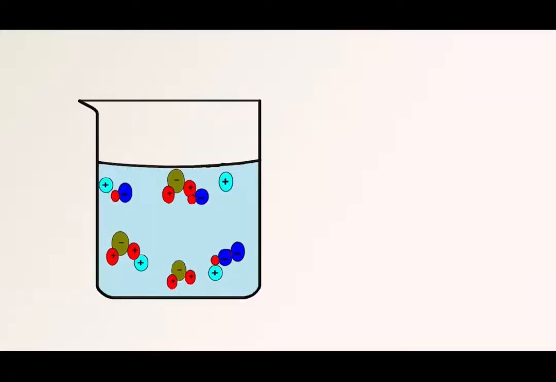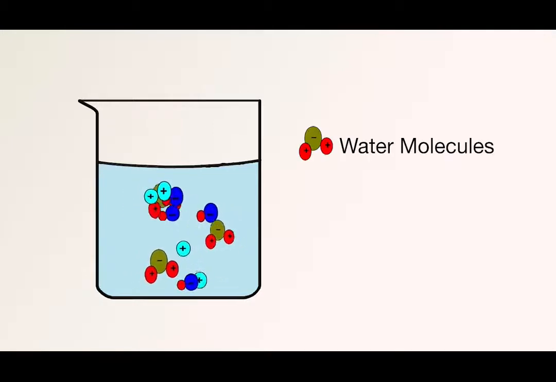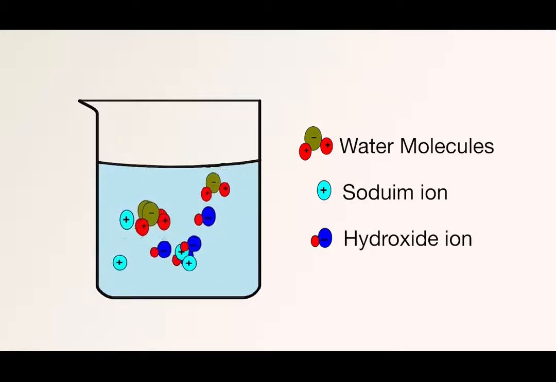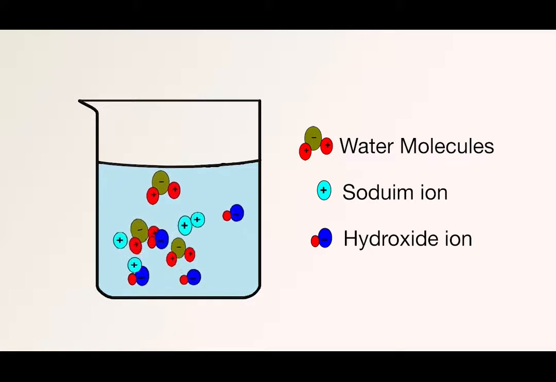The diagram on your screen illustrates how water molecules, sodium ion, and hydroxide ion coexist in solution. This definition limited the scope of acidity and basicity to only aqueous solutions. There was the need to broaden the scope to include